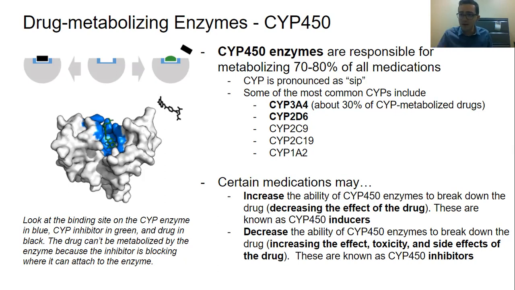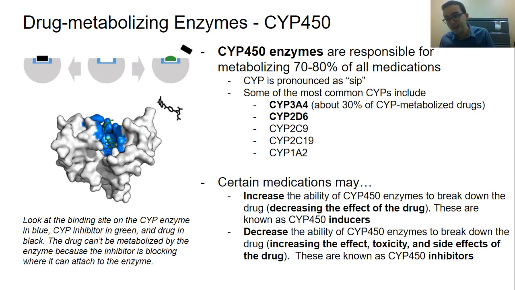Because if a drug is normally metabolized by that enzyme and it's metabolized in a certain amount of time, say it's in the body for maybe 8 hours on average. If the drug suddenly encounters these more rapidly metabolizing enzymes, it's not going to stay in the body for 8 hours. It might only stay in the body for 4 hours. Now, that's half the amount of time it would normally have to produce any sort of therapeutic benefit for the